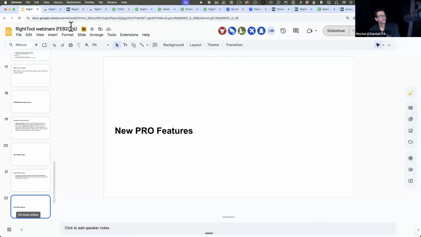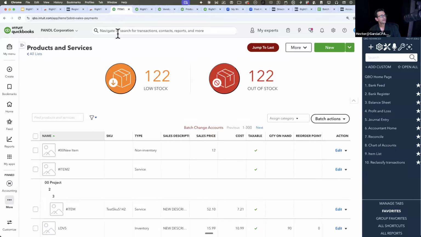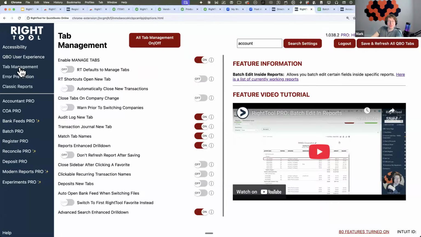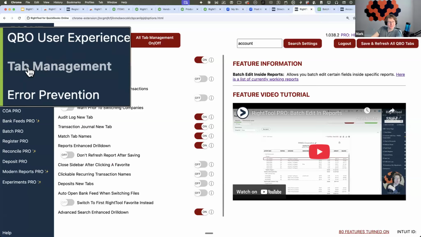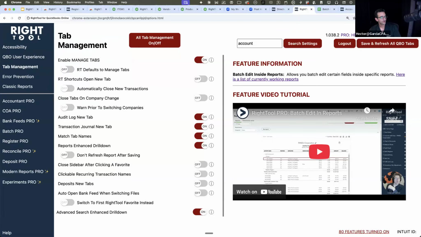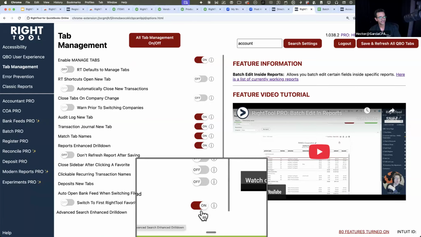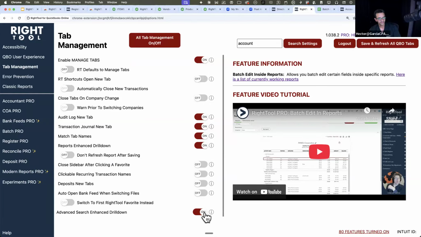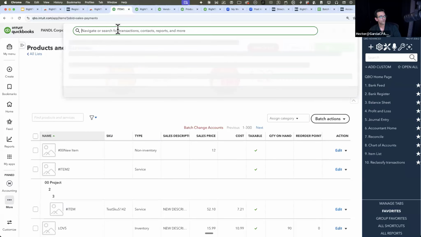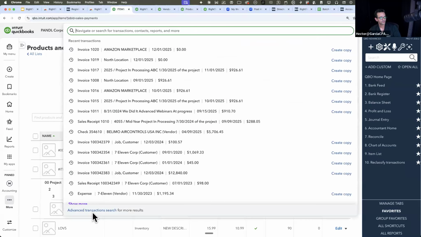Okay. New feature. It's turned off by default. Under tab management, it's called Advanced Search Enhanced Drill Down. It's the very last one in there. You turn that on. And then what happens is when you do any sort of advanced search, so when you